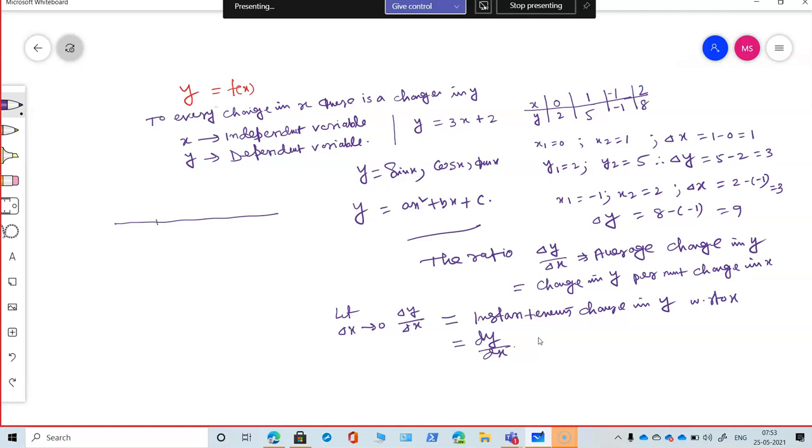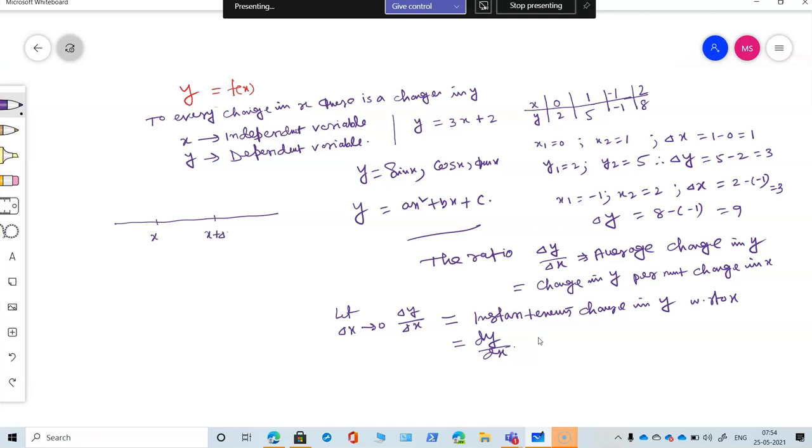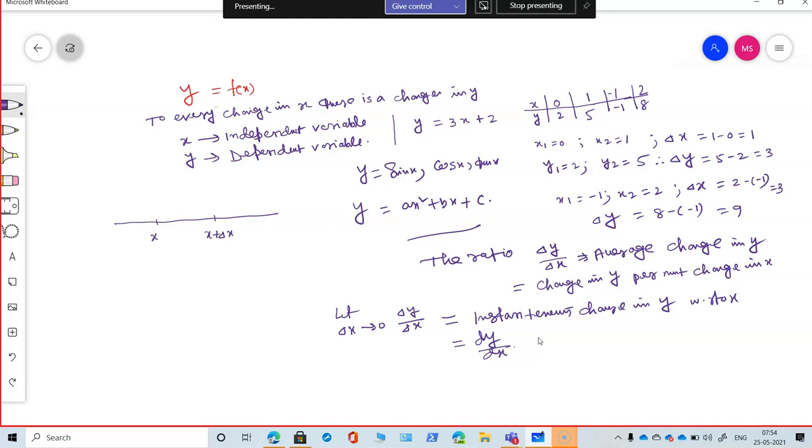Let us take these 2 values on the number line. This is obviously a number line because x are real numbers here. Okay, real numbers mean time is also a real number. You cannot say that it's an imaginary quantity. So all real numbers being considered, and these are 2 values. I'm not saying that they are very close, but there is a small change between them, in going from the point A to the point B. X is changing by delta x.